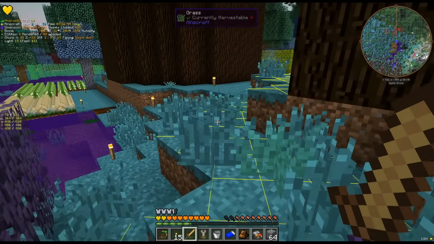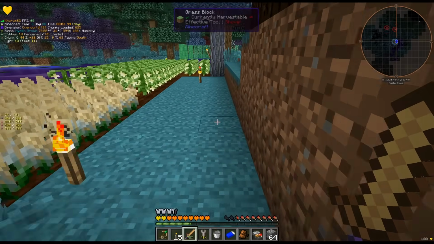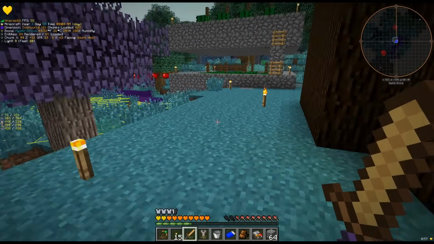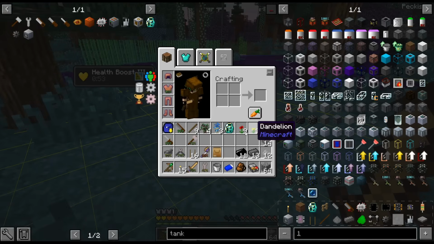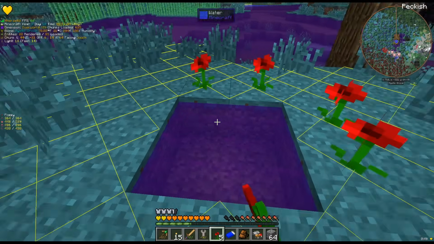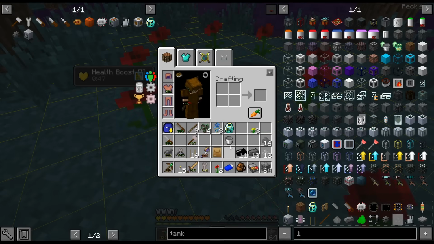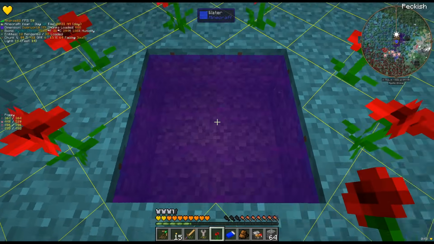Yeah, I don't know if being 20-something blocks up, am I higher than the mob spawn level kind of thing? What am I trying to say? Am I too far away from the mobs for them to spawn, or is that just a feature of this biome? Alright, I'll do it like that, because I don't think you actually need the corners. I could be wrong, but...